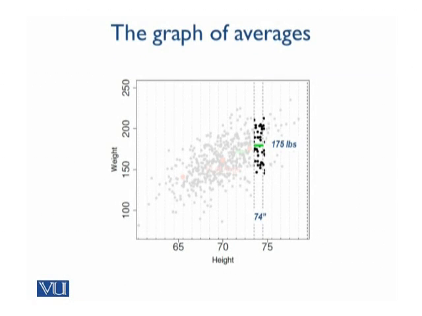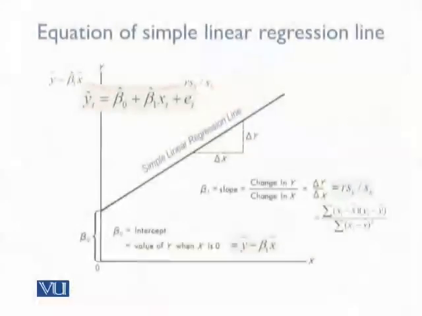Similarly here, because for each vertical slice we have the average, if you want to minimize errors, your line should be a smooth version of it if all these averages are not perfectly aligned. If they are perfectly aligned, that would be your regression line. But if they are not perfectly aligned, your regression line would be a smooth version of the graph of averages.